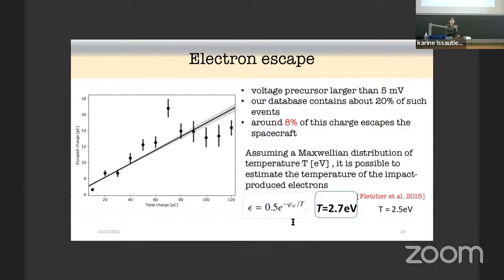Okay, if we assume that they depend actually on the speed of the grain. If we have a faster grain, we will have more charge of the cloud, and so it means it's more realistic that part of the electrons will manage to escape the portion. Yes, so it could be that when we don't detect it, that actually electrons... we don't expect them, they're not obliged to leave the